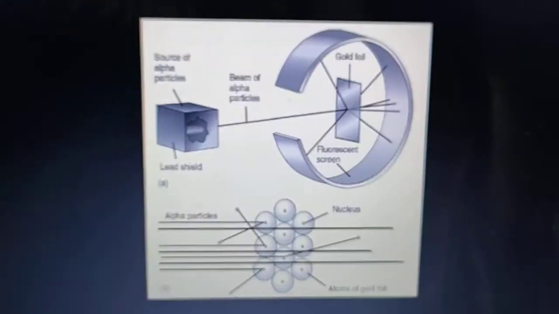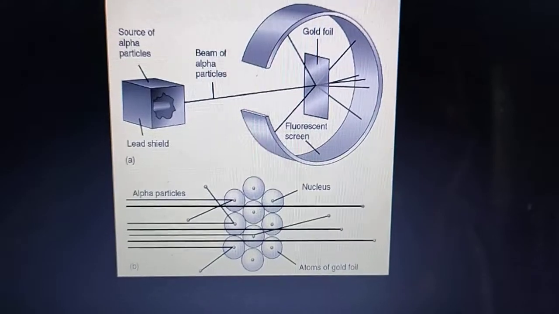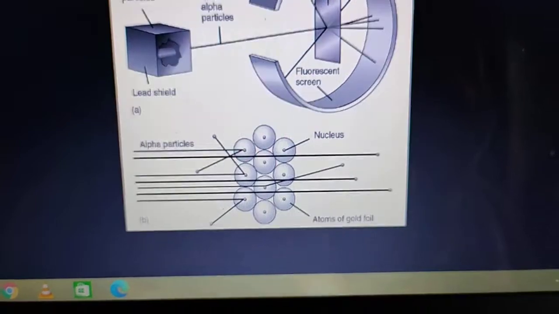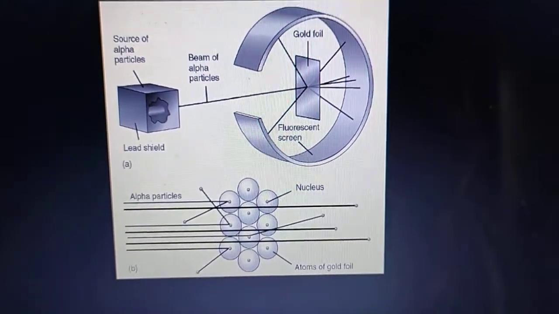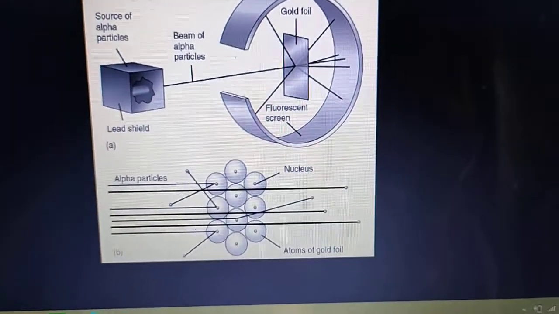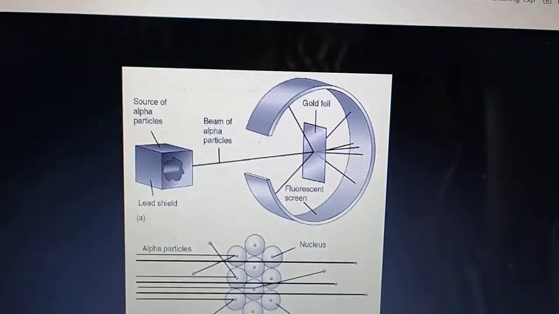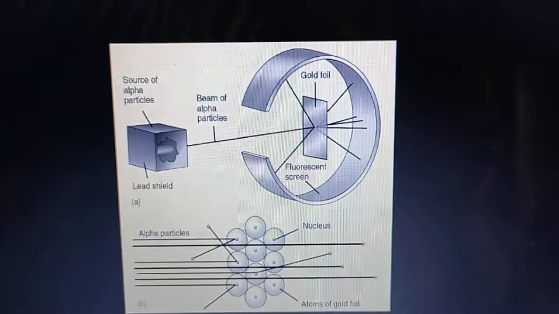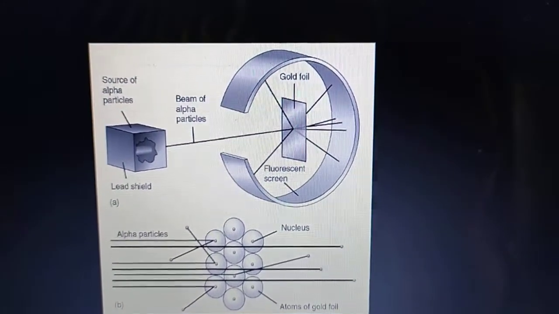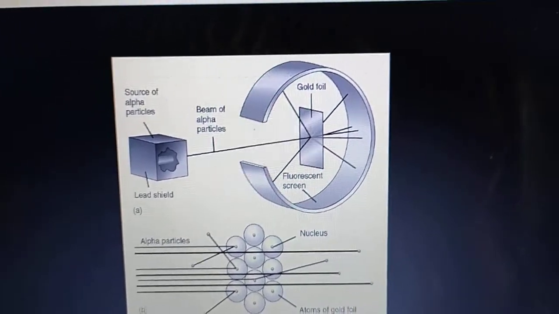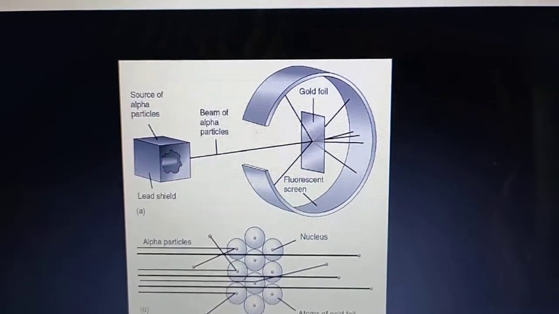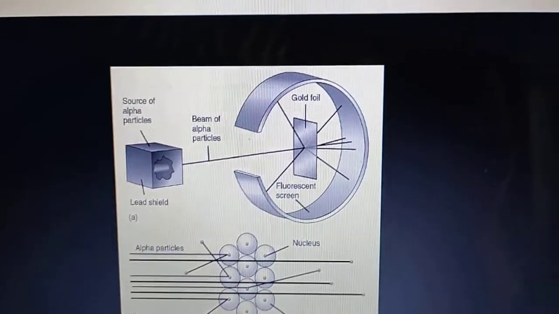So here in the figure, as you can see, the setup is given. Rutherford bombarded a thin sheet of gold foil with alpha particles. And what is the source of alpha particles? In his experiment, Rutherford used alpha particles, that is He2+ ions, and this source he has taken in a lead shield. Then he took a thin sheet of gold foil,